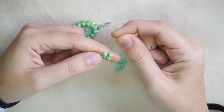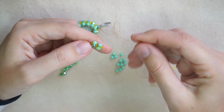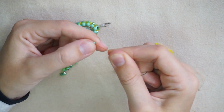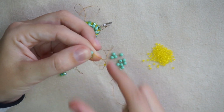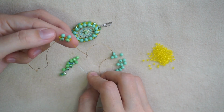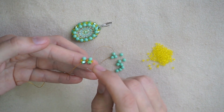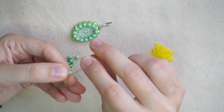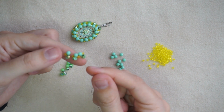So there I have the second box, but I'm exiting out of here, so I want to go from here, so I will progress through the first bead added in this box and through the seed bead, up, and then pull it. So we are here and we are ready to add another fire polished, another seed bead, and also a druk, and we are going from this bottom side of the bezel, so we have to change the order of the beads, and then when you pull it, there's another